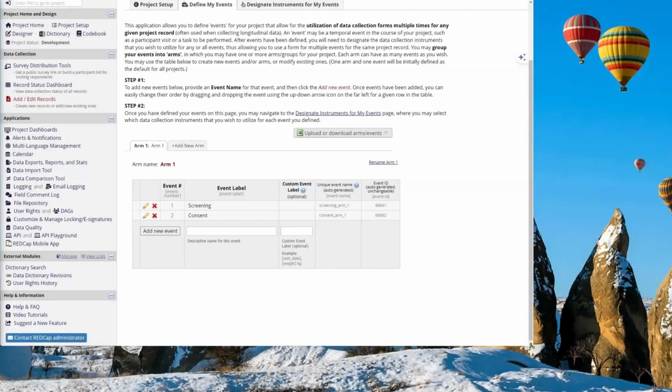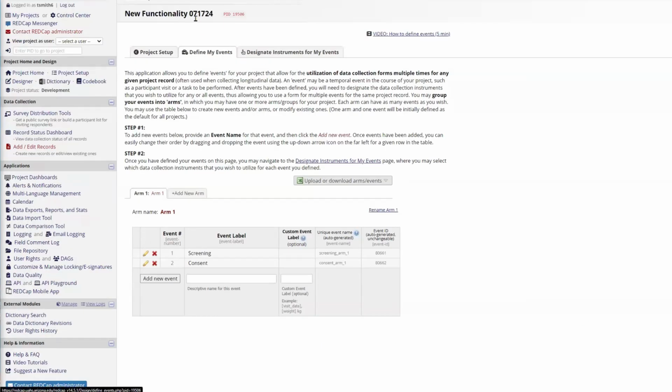All right, so I created this little tiny project just so I could demonstrate new functionality. Try and go through this one step at a time. And the first thing I wanted to point out, it's funny because I've never used this before, and I don't